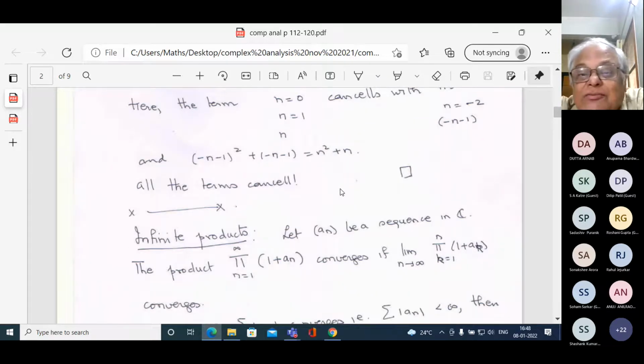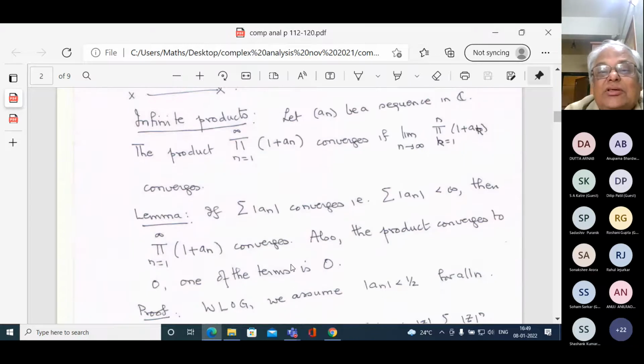Then there's this little bit about infinite products, which of course is another one of those topics that you should spend some amount of time trying to understand. But we are not terribly bothered about the whole thing. We just need this fact that this infinite product converges provided the sum of mod a_n is finite. And if these a_n are functions which are holomorphic, and all of them are bounded by something which is bounded away from 1, then the product also converges.